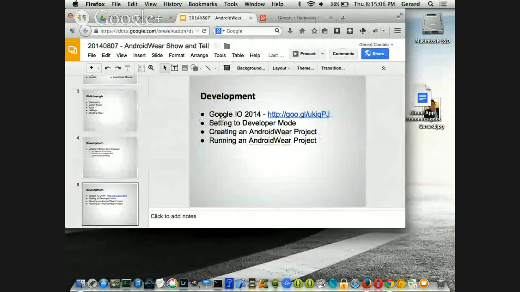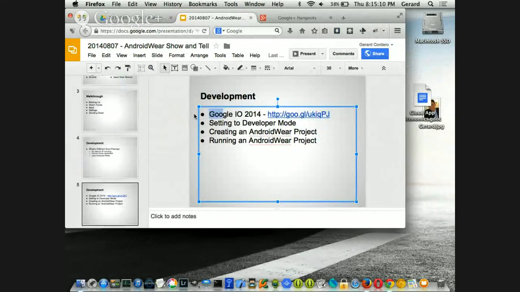Yeah, so that's a way to get you started. Then I think we already went through developer mode. You tap the build number 7 times. Now we'll create a project. So Android Studio.